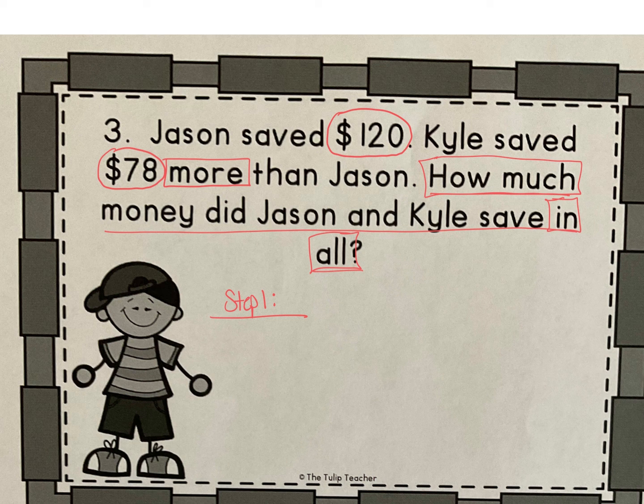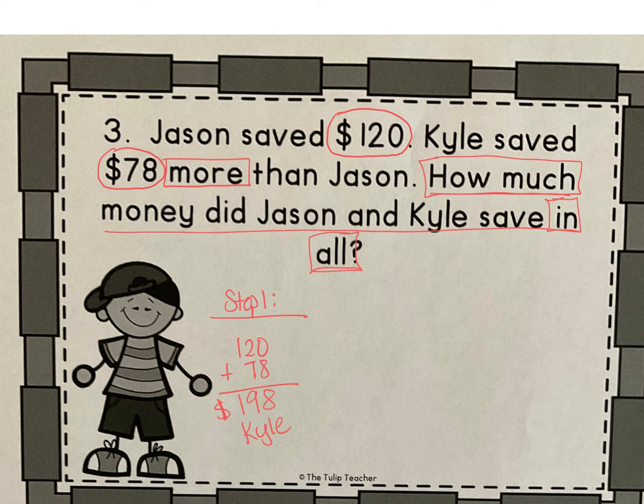So I'm going to take how much money Jason saved. So Jason saved $120, and I'm going to add 78 to that. Okay, so this is 8. 7 plus 2 is 9. And then 1 plus nothing is 1. So Kyle saved $198. Okay? So if I know now that Kyle saved $198 and Jason saved $120, now I can figure out